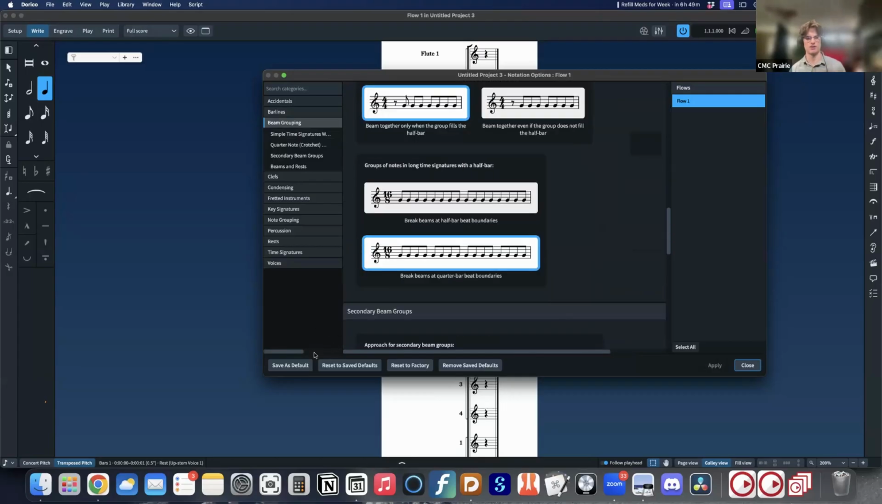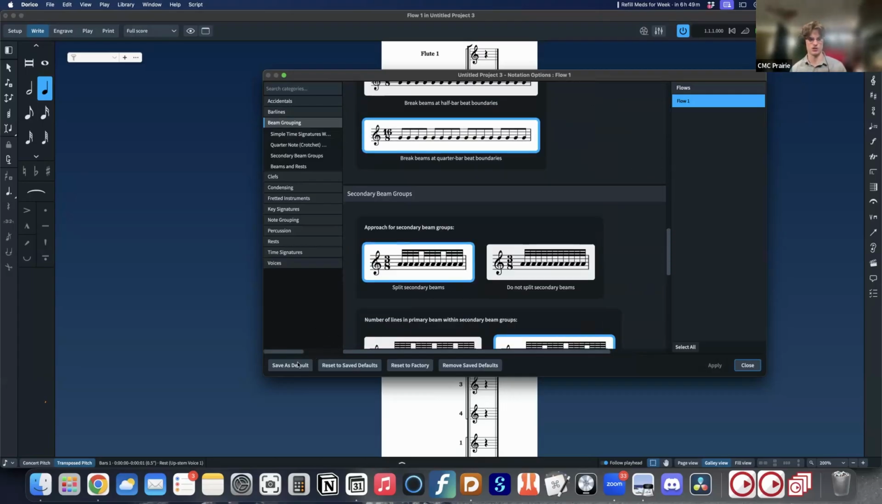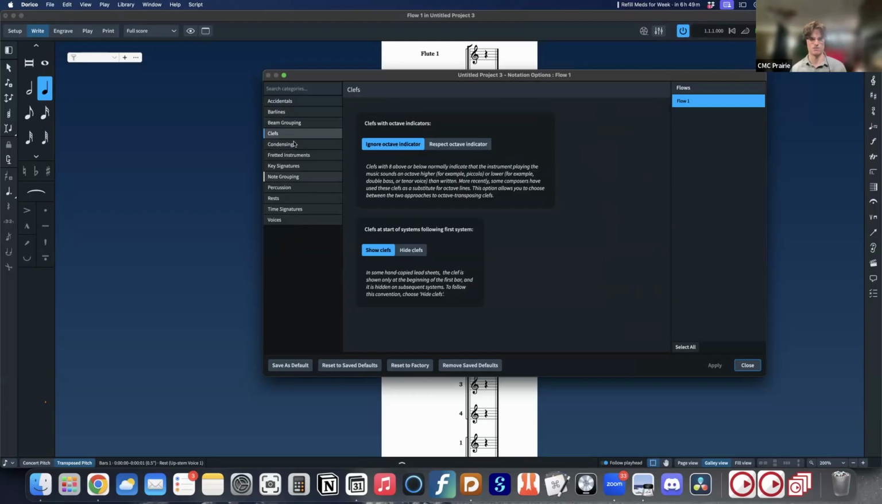And if you want to save for any menu, if you want to save your options, you can save them as default. If you've done a bunch of changes but you want to go back to your saved defaults, you can do that. If you want to go back to Dorico's factory settings, you can do that. That's all options. For things like clefs,